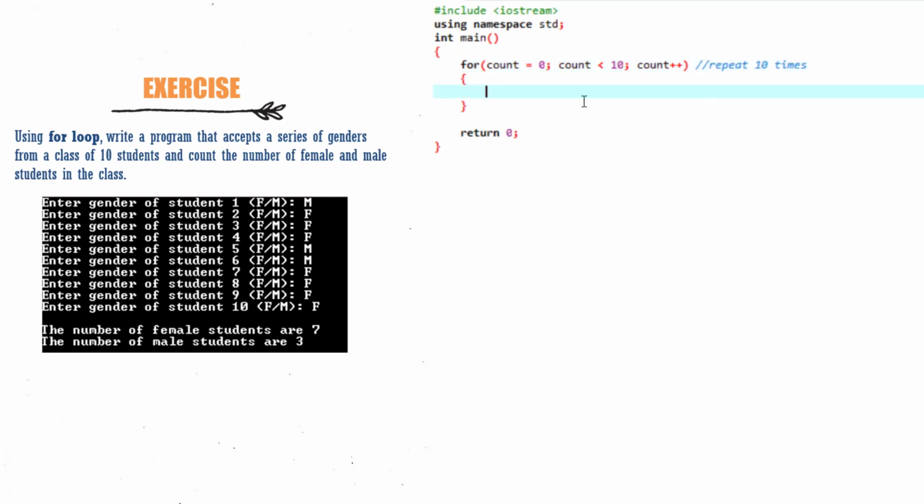Okay, now the thing that is inside here is what we want to repeat. So what will be repeated? Anything you want to repeat, you place it inside your curly braces. So the thing that we want to repeat here is the input. Enter gender of student 1, and then you will ask for the gender. So you write here cout,